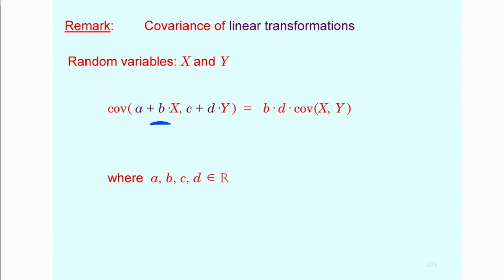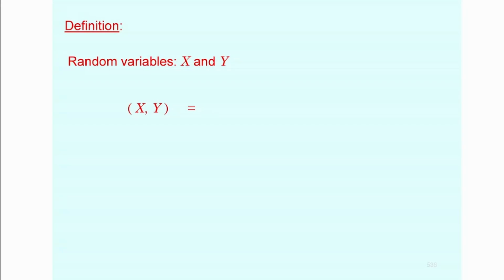But you have dependency based on the multiplicative ones, which are applied on the random variable. So if you double one and triple the other, then the covariance is going to be 6 times as large as the previous one. Anyways, that should be clear. Now, based on that, there is a correlation.